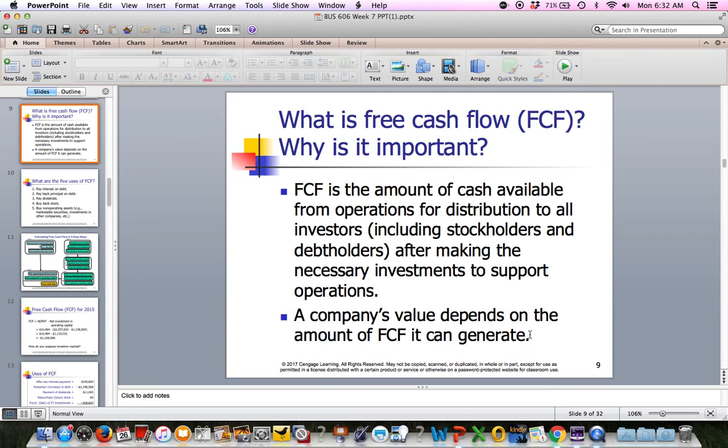Okay, so think of it like this. Any cash I can take out, but my capacity is the same. Okay. Now, rarely would you ever dividend away all your free cash flow. That would not be ideal. We had a whole unit a while ago about payouts and how much money you pay out to your investors and whatnot as dividends or stock repurchases. But free cash flow is how much cash your company can generate and still operate efficiently and have enough money for investment and whatnot. But then the value of a company is essentially the present value of all future cash